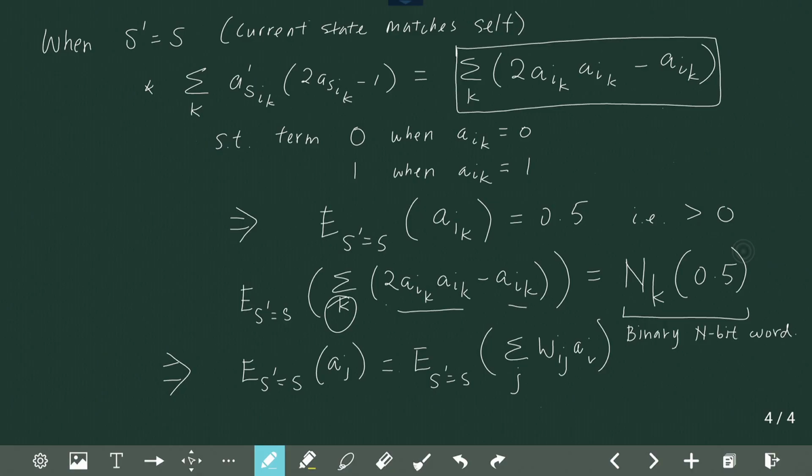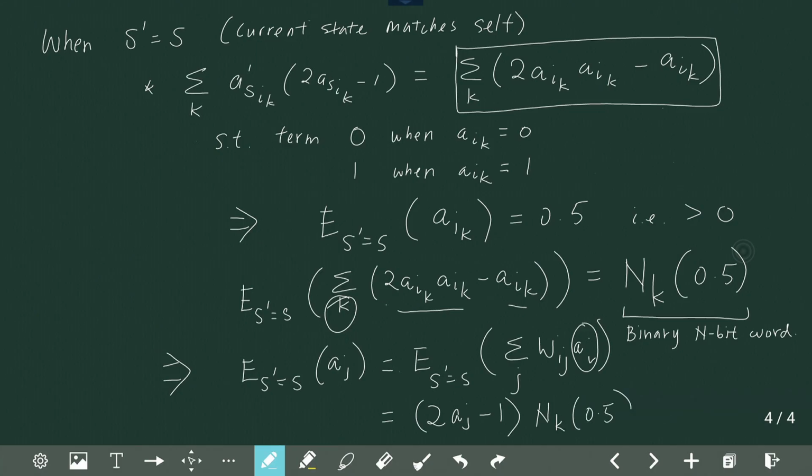Which is therefore equal to 2aj minus 1 times nk